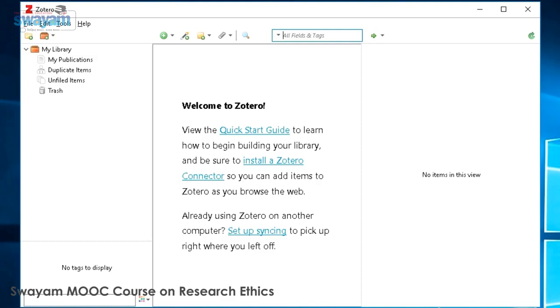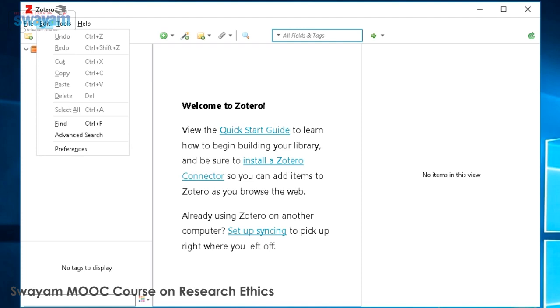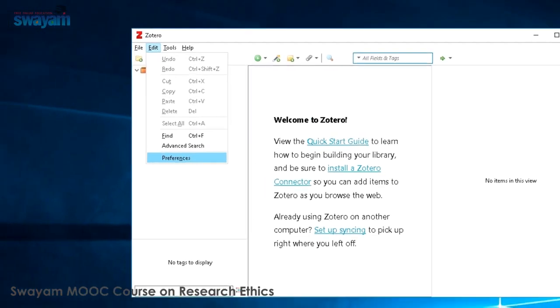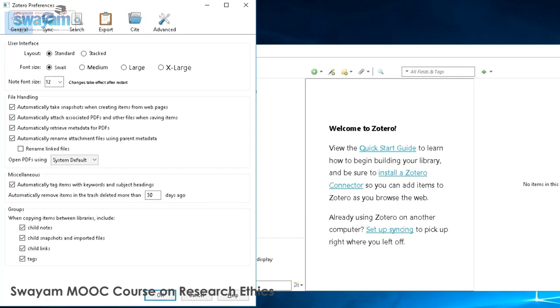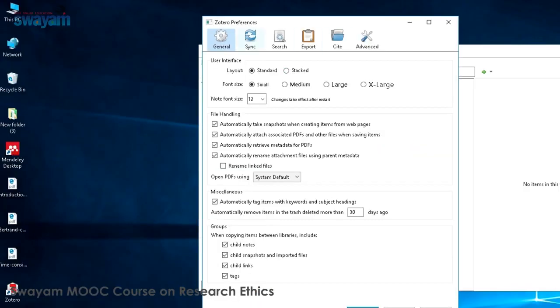How can you synchronize? You can see here, this is the synchronization button which is available in the right corner, and this is the search field which will search from the Zotero My Library. Now to give the synchronization command, first of all you have to select the preferences from the edit menu and give the preferences for synchronization.